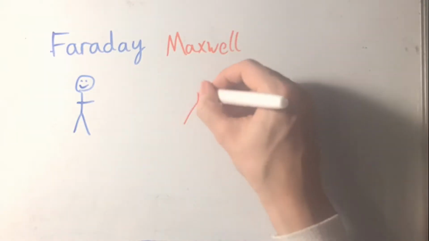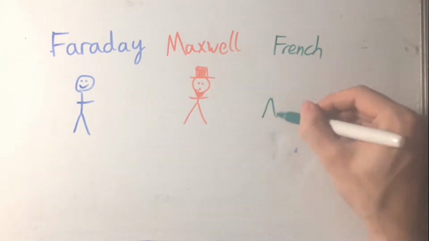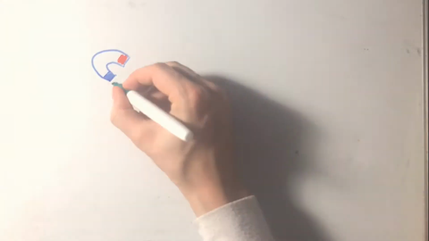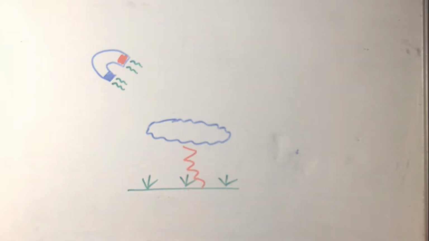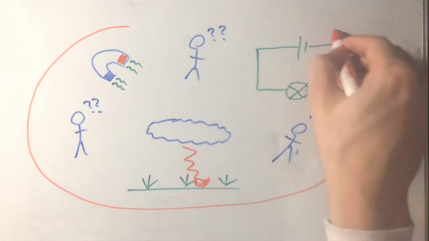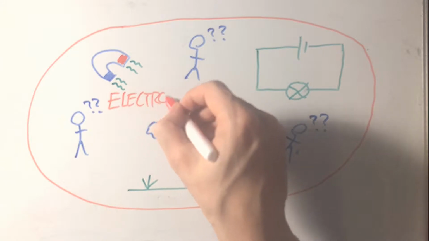The combined work of Faraday, Maxwell, and a fair few Frenchies culminated in one of the first unified theories of physics, that is, electromagnetism. In the 1800s, people were aware of a vast range of weird electrical and magnetic effects, but didn't really know what to make of them all. Finally, after a lot of head scratching, the physicists worked out that electricity and magnetism were different sides of the same crazy coin. They were both manifestations of one superforce called electromagnetism.